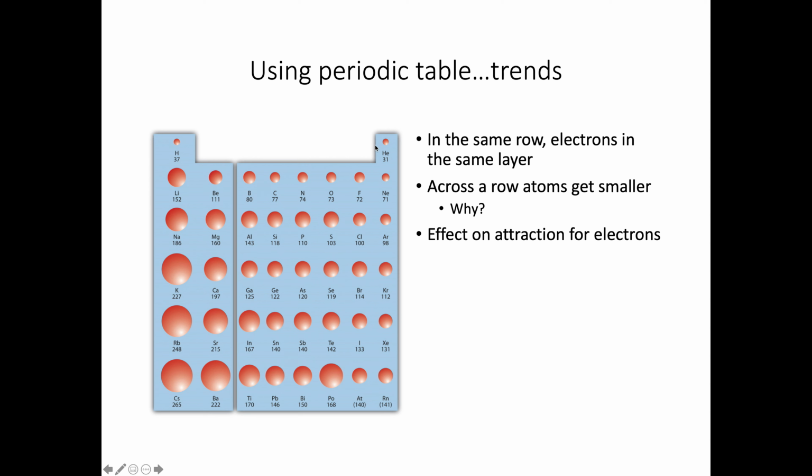So all of these, the valence electrons are in the first layer. All of these, the valence electrons are in the second. All of these,